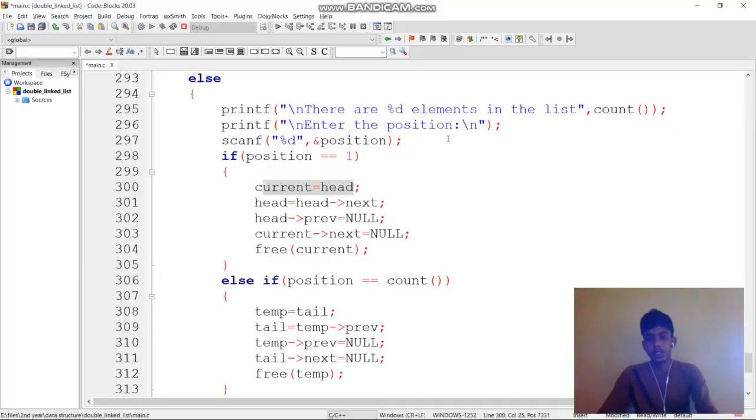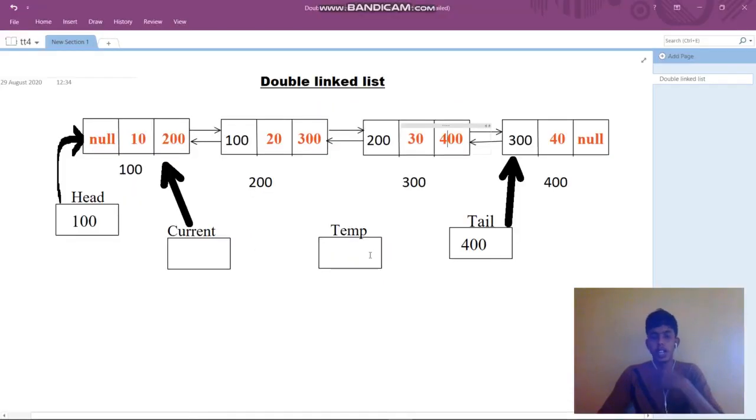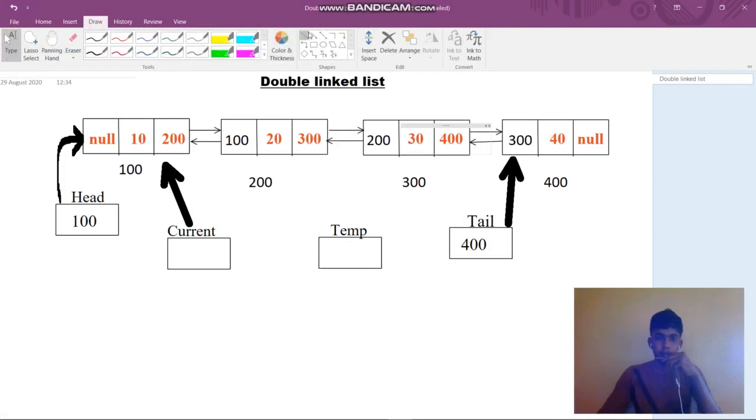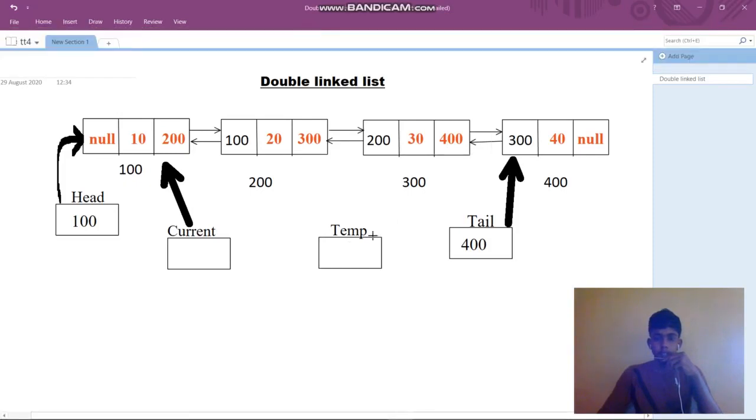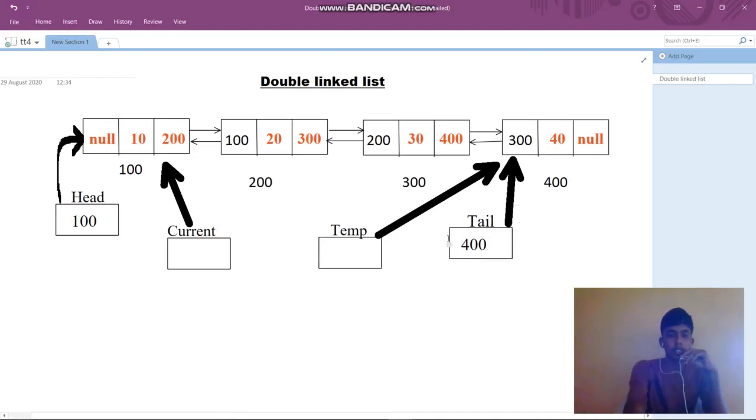So I have created a temp pointer. I use temp equal to tail. That means temp will store the last element, and it points to the last element. Now tail and temp are both pointing to the last element.